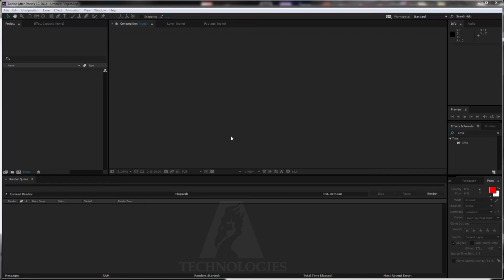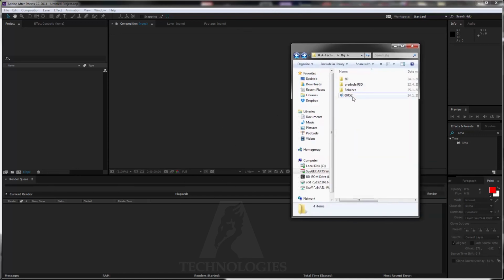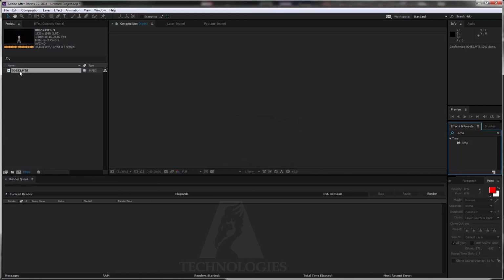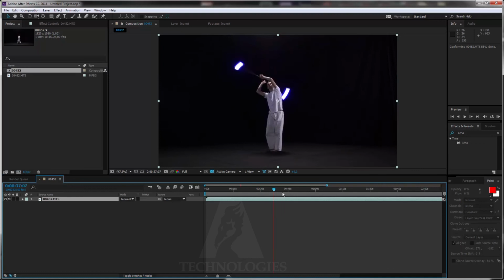Okay, now I will show you a different situation when you put so much light on your performer, and the light trace effect becomes really impossible to create. So we import our footage. I will open my Explorer here. Here is my footage. Drag and drop. We create a new composition. Click, drag and drop. And we have our performance,